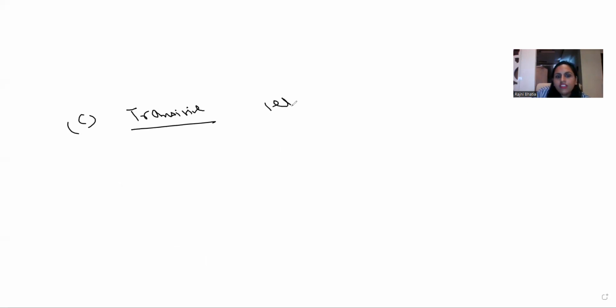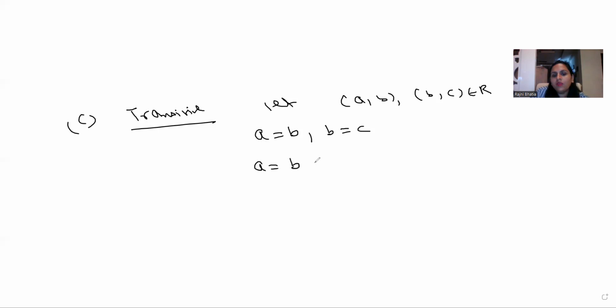For transitive we will write, let (A, B), (B, C) belong to R. So the definition says (A, B) belongs to R means A should be equal to B. (B, C) belongs to R, that means B should be equal to C. Now A is equal to B and B is equal to C. So can we conclude that A is equal to C? A equal to C. So therefore we can say (A, C) belongs to R, and therefore the relation R